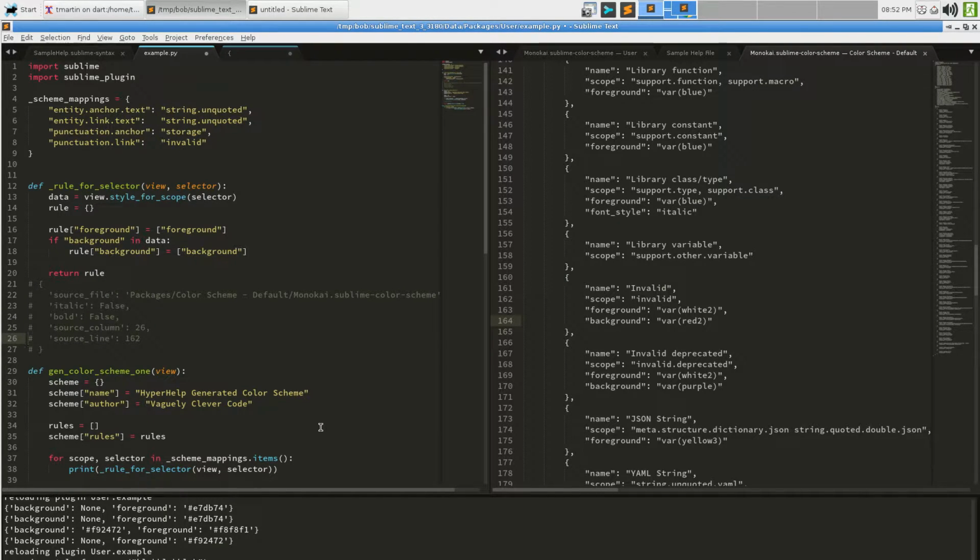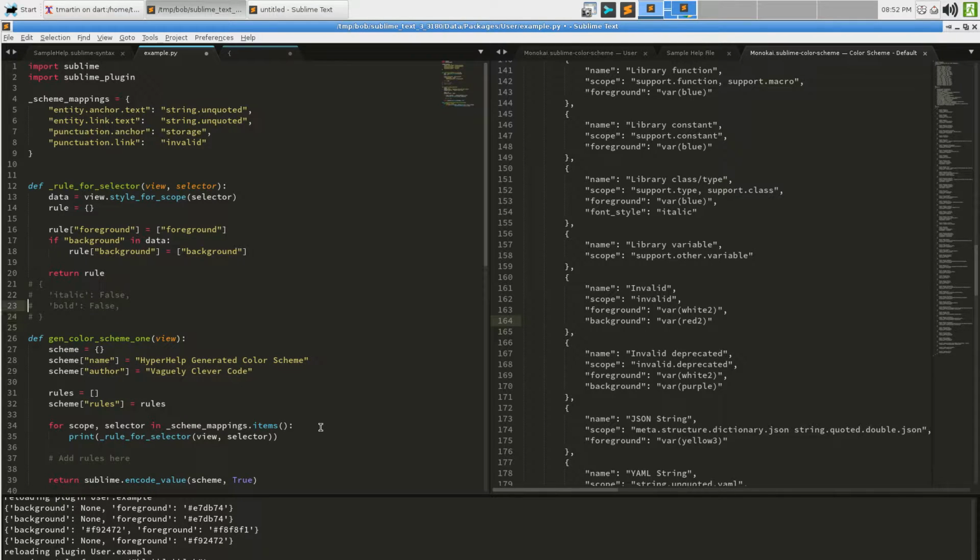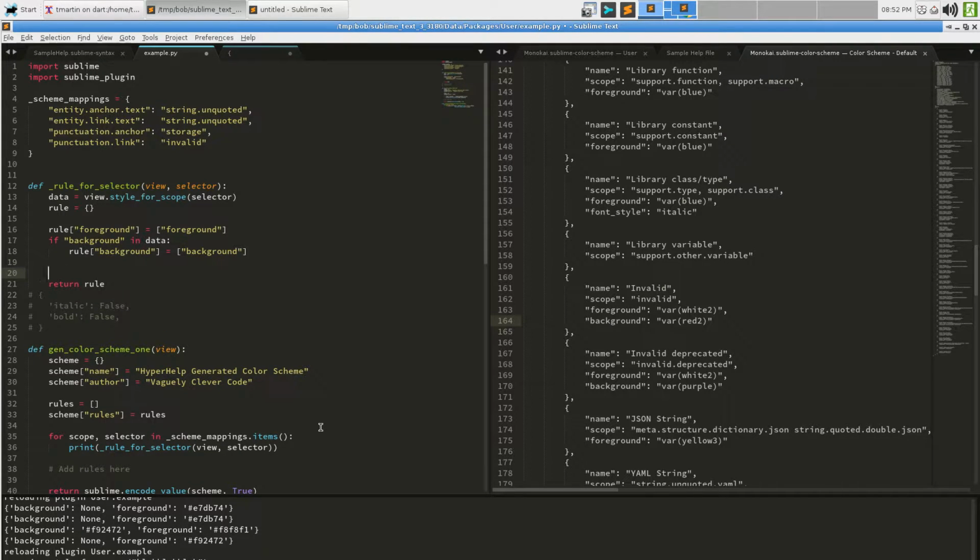We don't care about source. We don't care about source file, so we can delete those out of hand. And we don't care about source column. So all we care about is that. And those, as we can see, are always going to be there, right? So we might say italic equals rule. Oh, and it has to, no, it's already going to be the appropriate bool.